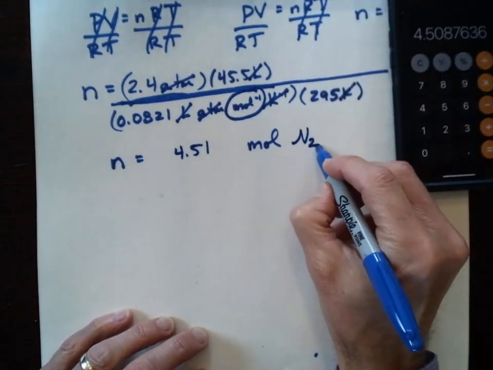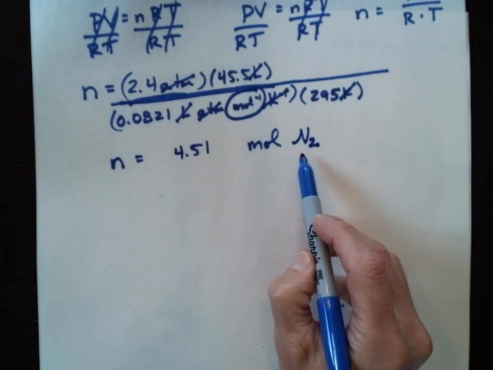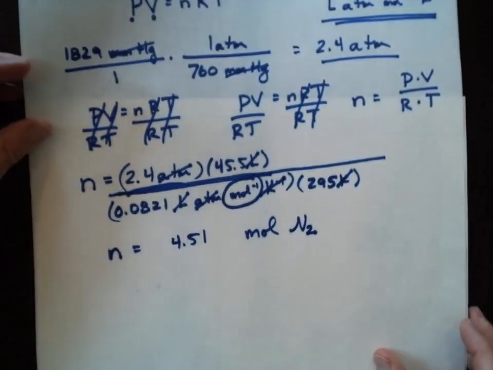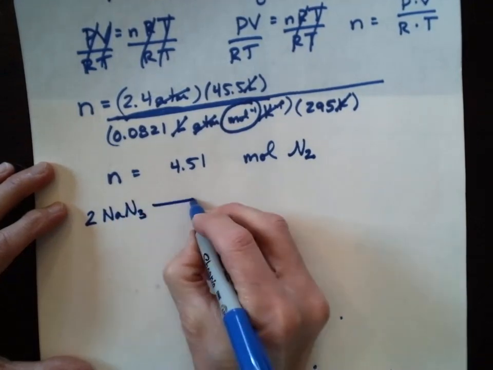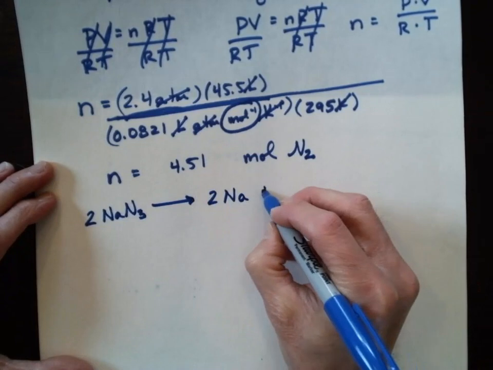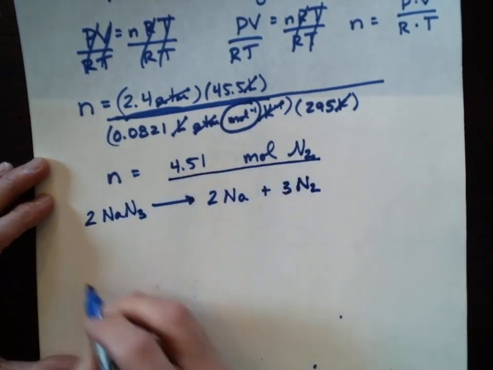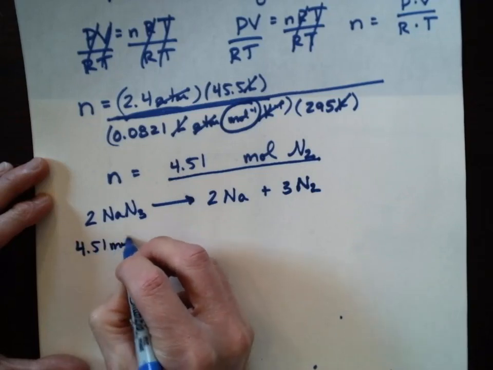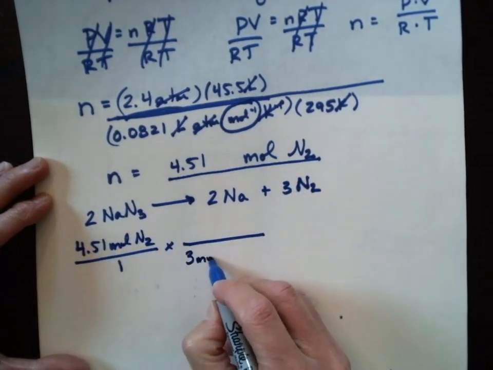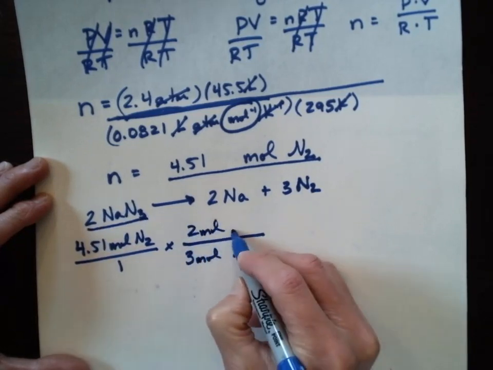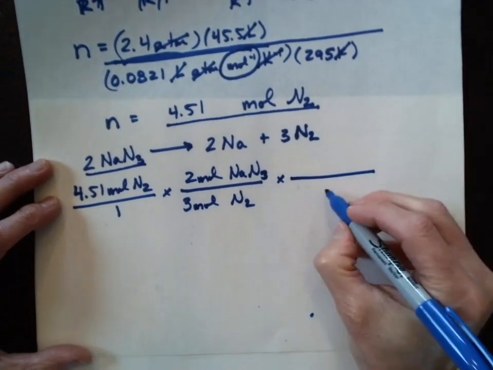of nitrogen gas. Now notice, though, the question asked how much sodium azide is going to be necessary to generate this many moles of nitrogen gas. So we're not quite done with the problem. Let's remind ourselves of the chemical equation involved. 2 moles of sodium azide decomposes to 2 moles of sodium and 3 moles of nitrogen gas. So I'm going to start with the amount of nitrogen gas that we want to generate. We notice in our equation that for every 3 moles of nitrogen that are generated, 2 moles of sodium azide must decompose. And then if we want to know the grams of sodium azide, we're going to need to convert